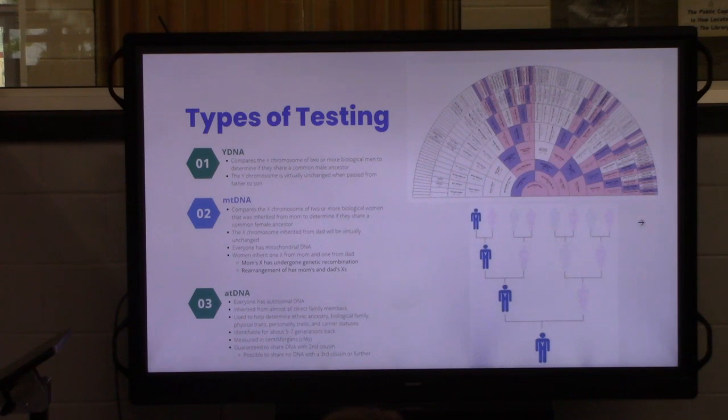Let's talk about types of testing. So we're going to start off by talking about autosomal testing down here at the bottom, number 3. And the reason for that is because I want to save the mitochondrial and Y-DNA testing for later because they're kind of special. So autosomal DNA, as I was saying, you inherit that from almost all of your direct family members. And we can go as far back as about 5 to 7 generations,